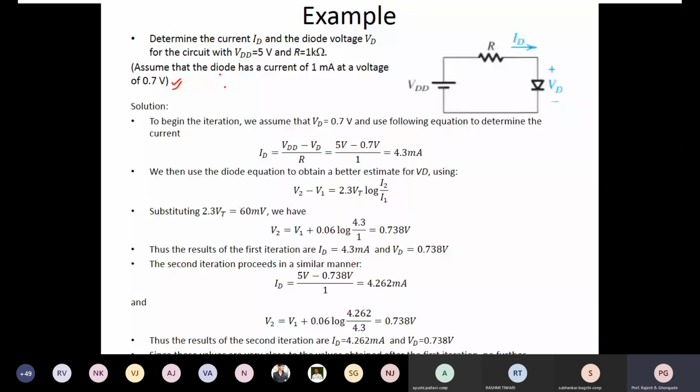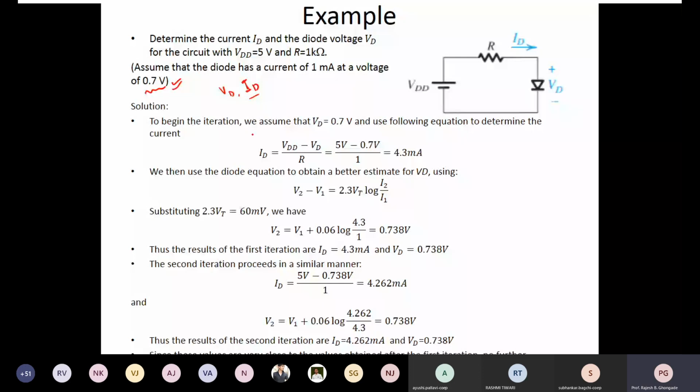Now this may seem a little bit ridiculous to you for a beginning, because most of the time we blindly take the voltage across the diode as 0.7 volts. But if I want to find out the exact voltage and the exact current flowing through the diode given this particular configuration, how do I do it? This is the answer to that. So we begin. It's an iterative process. Please remember this very carefully.